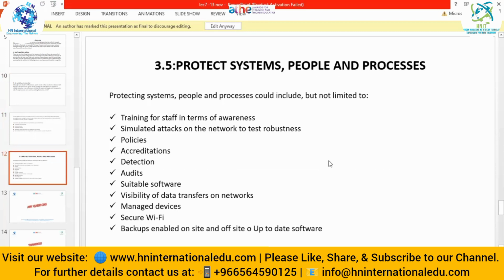Now, what is that? How do we protect systems and people and processes also? How can this be possible at a time? Now, protecting systems, people, and processes could include, but is not limited to, the following. All of the things that I'm explaining to you are just the basic ones, as you know that IT is not limited to something. So these points are also not limited, but are the basics, a starting point, that a person should know when he or she is working in an organization